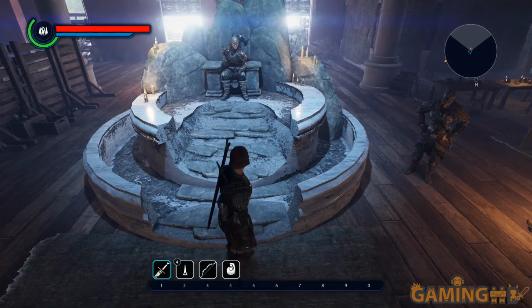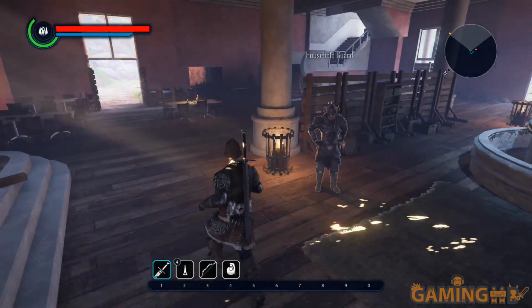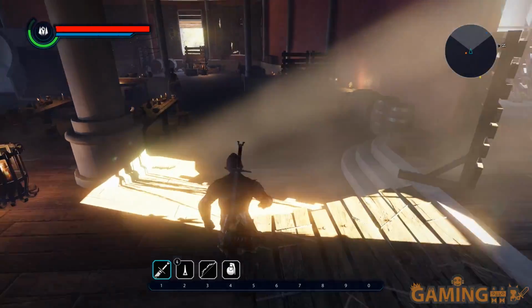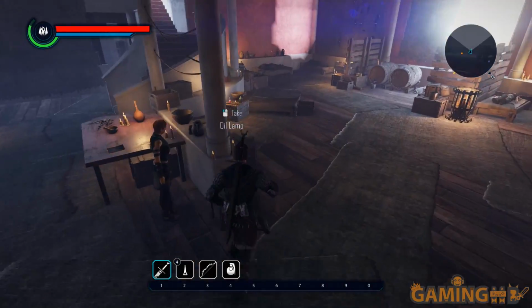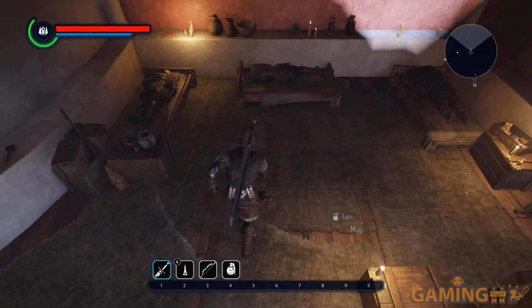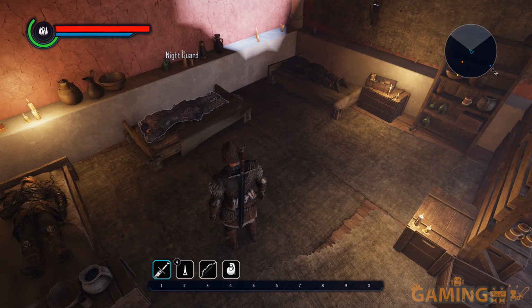This was an artesian fountain or something, and he just converted it into his throne. Let's see, where was the chest? I know it was around here somewhere. You don't mind if I steal stuff, do you? Okay, thanks, bye. You'll often see characters, these are the Night Guard, sleeping, like interaction with